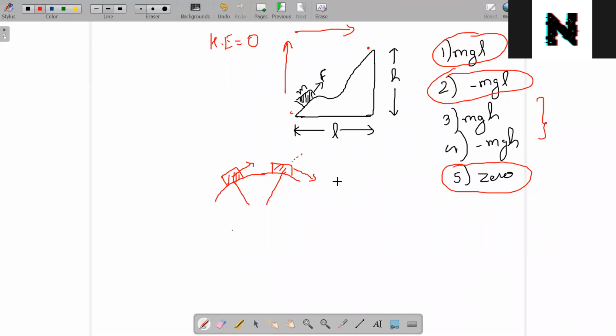Sir, L does not come into consideration. We can't consider L itself because we don't take the whole moving length. It's pulled up the hill, sir. It's on a smooth hill. Yeah, come on, speak up. Sir, we can't take L because we are taking the height. Why are you taking height?